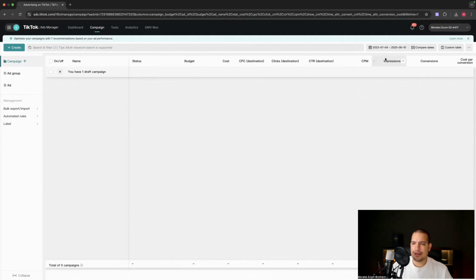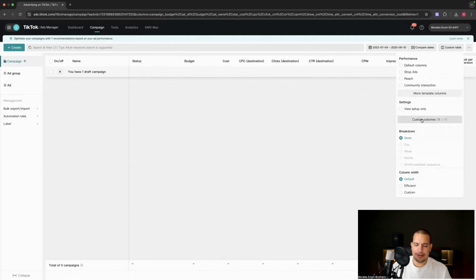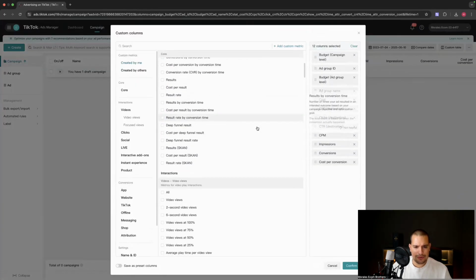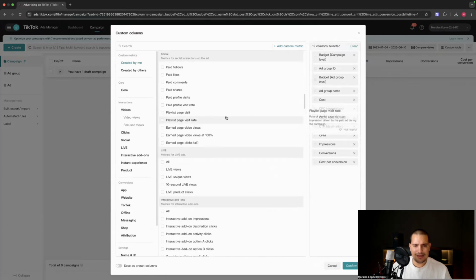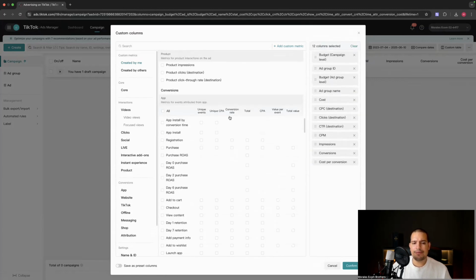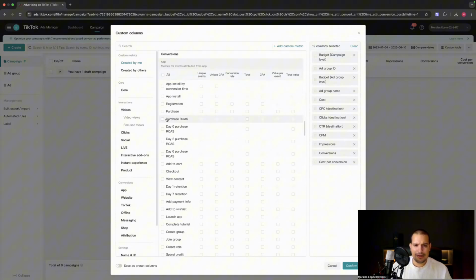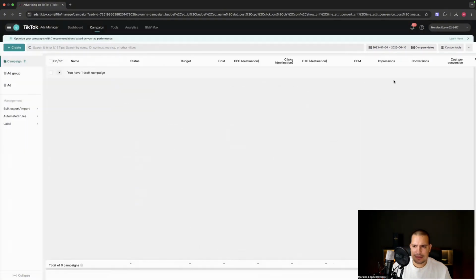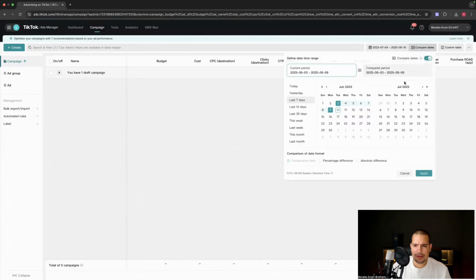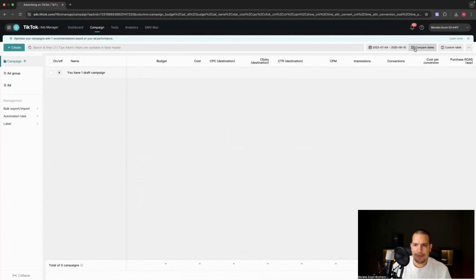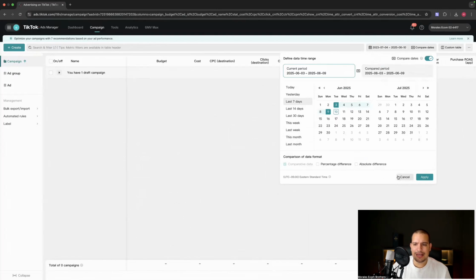If you go on here and you go on custom table and you look at all those things, look at this, like focus on views. This is just too much. So I'd rather keep things simple. Maybe I would add purchase ROAS, total purchase ROAS on here. Oh, wait, not this one. But I would add a ROAS just to tell me